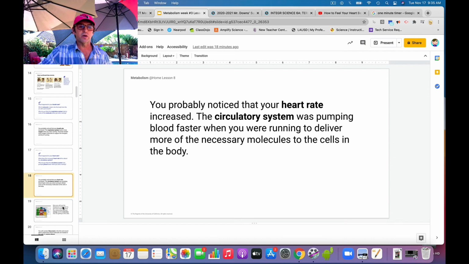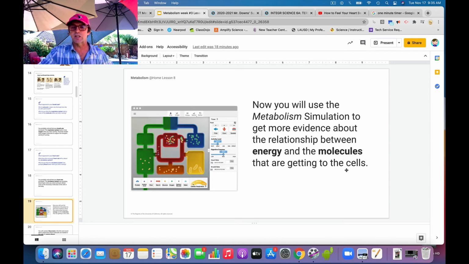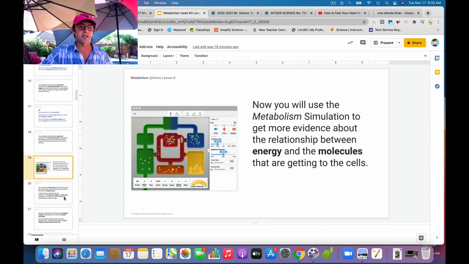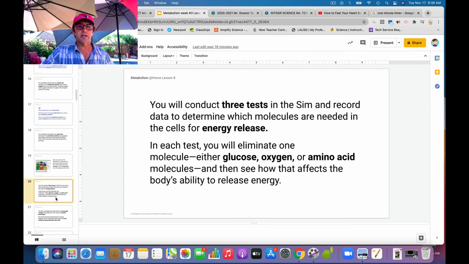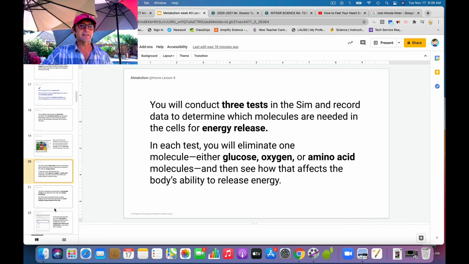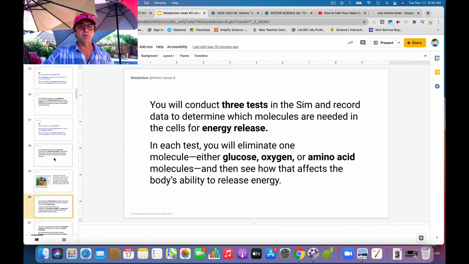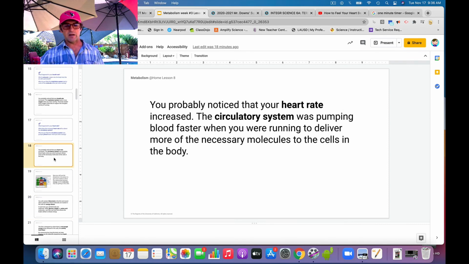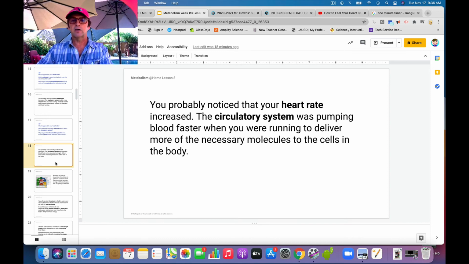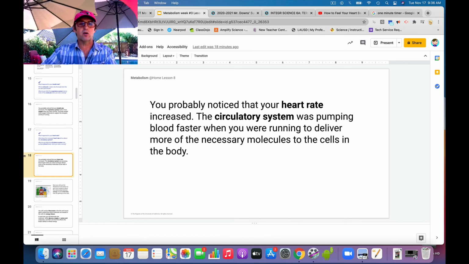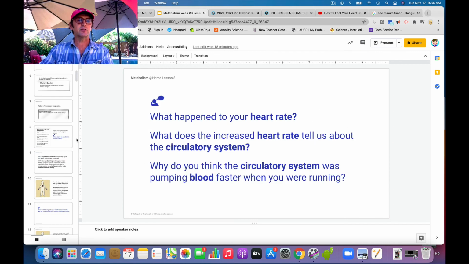All right, so we're going to go into the sim, but we're going to do this tomorrow. We're going to dive into our sim. If you want to go to the sim and play with it today, you can, but those are specific tests, and we don't have time today. So you can play with it a little bit. But right now, all you have to get done today is go back, open your slideshow, and just answer the questions. If you need to come back to this video, you can.